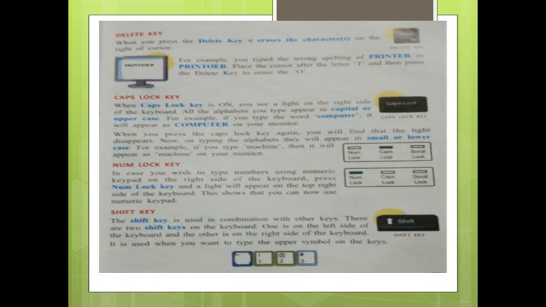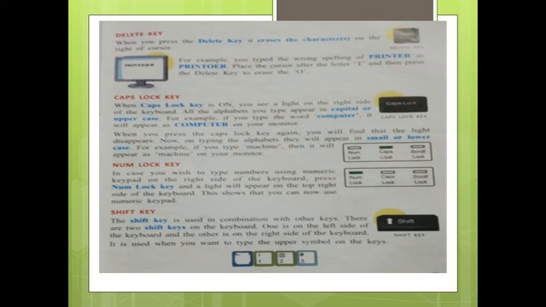Caps lock, capital and small. You can play also, capital, small, capital, small. When the caps lock key is on, you see a light on the right side of the key. You can see the light on the right side of the keyboard. All the alphabets you type appear in capital or uppercase.